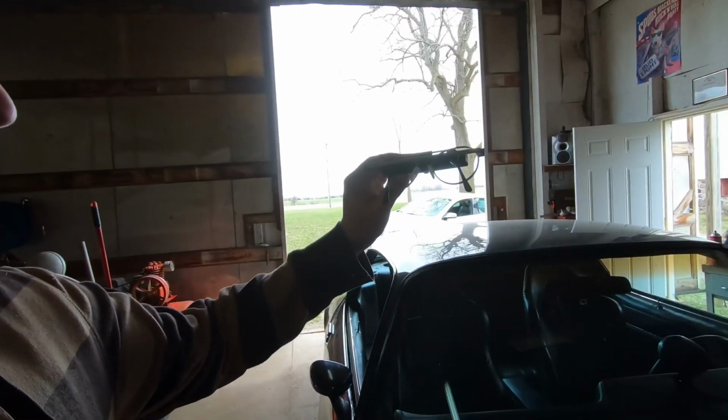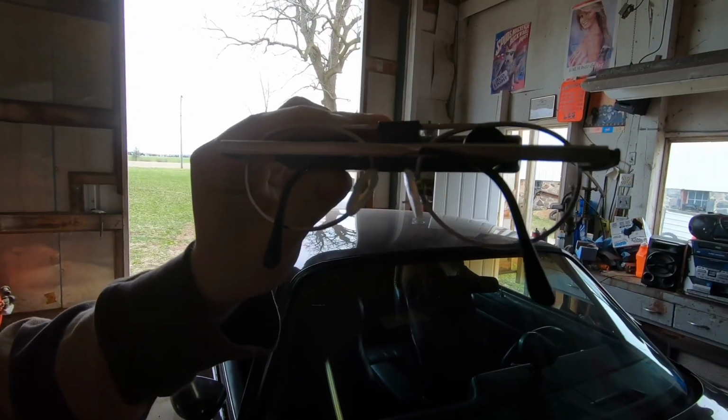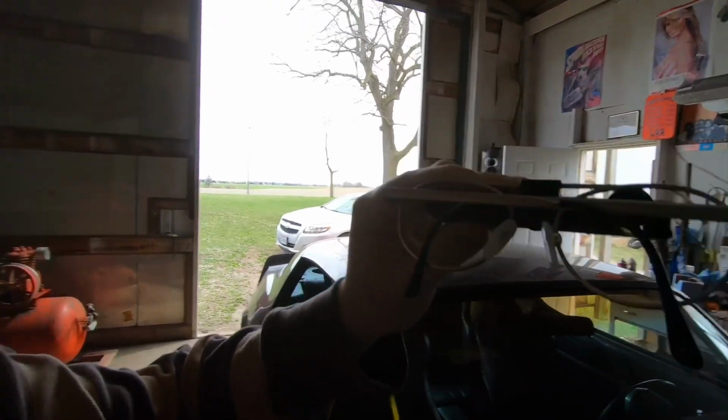Now, on the old glasses, the frames are a little bit bigger. Well, let me pick them up here and show you. See the frames? They're a little bit bigger, and that telescope sits up higher in the frame. That's good. There's a cutout in the carrier lenses that the telescope goes through. I never really noticed that. On the new glasses, they're a little bit smaller,